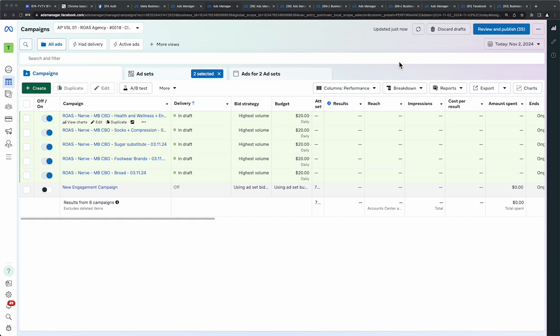losers, and scale winners, and then also potentially, if nothing's winning, replace stuff, right? Okay, so these ads aren't working. And the great thing is,